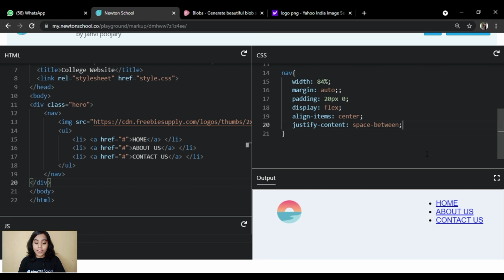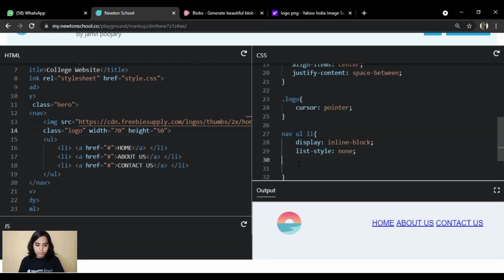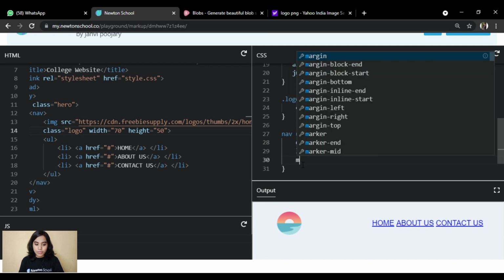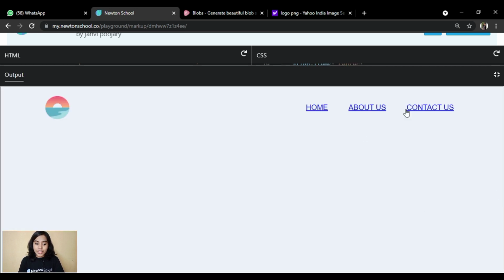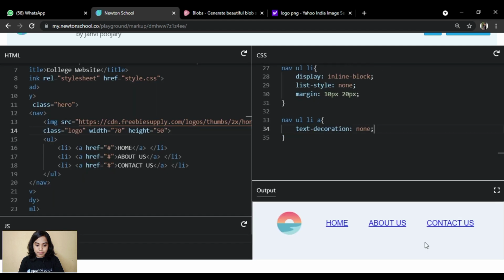So they are in a line, but still our navigation menus are not in a line. To bring them in a line, we will say display inline-block. Let's style now to remove those bullets, and also we'll give some margin, and we can still see that underline. So we will target our anchor tag and say text-decoration none.